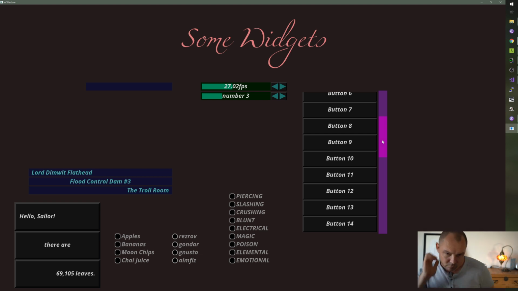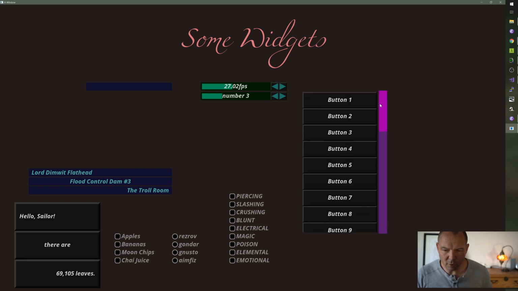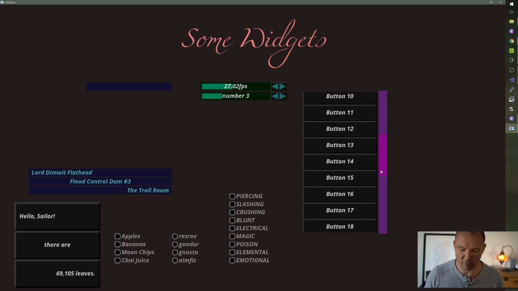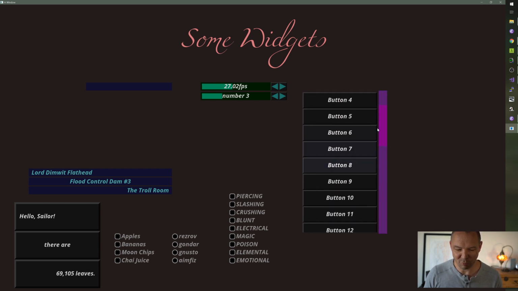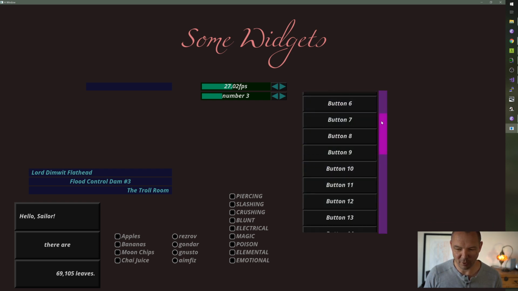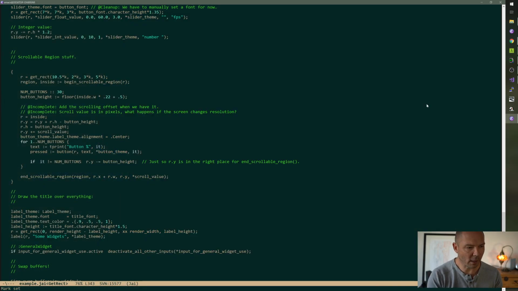Although, the background color that we're drawing, I think we're drawing it around the inside rectangle, and see, it's not coming all the way up to the scroll bar. So that's the other thing. Wait, what was the thing I just said before that we need to do? Oh, how far does the mouse wheel go? Okay, two things. So the background color